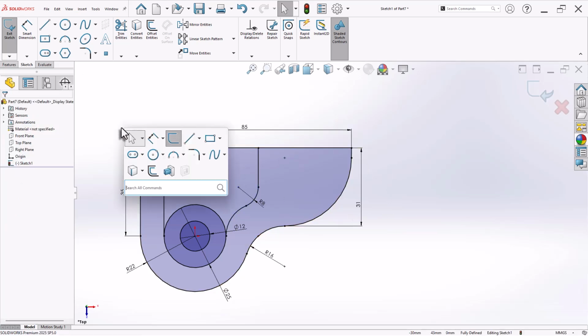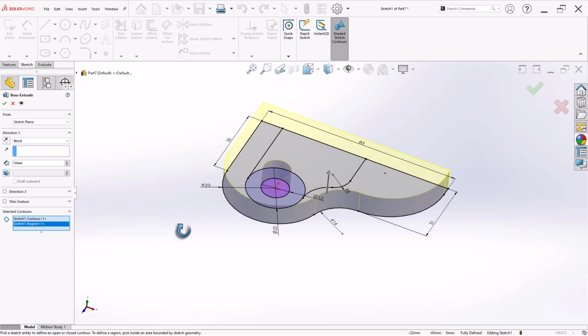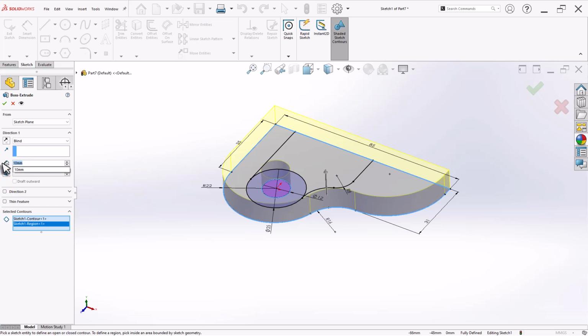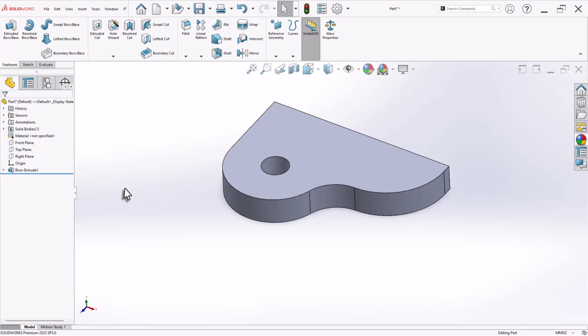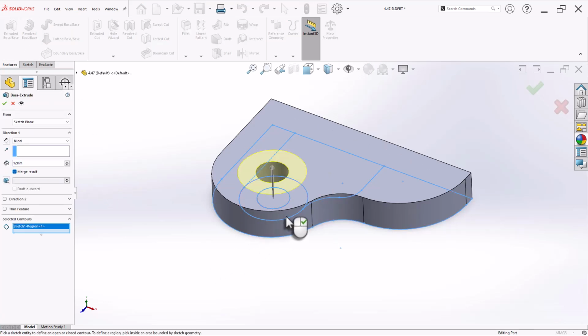Now let's extrude one by one. So first we are going to extrude this one and this center portion. And the depth will be 12. Now let's expand same sketch and extrude this time internal region, which is of 34